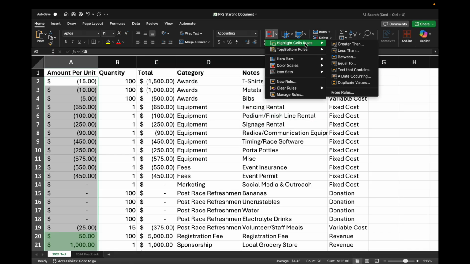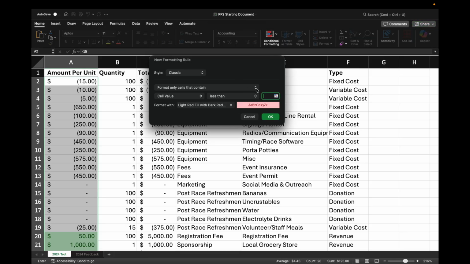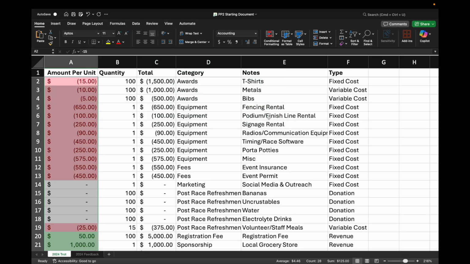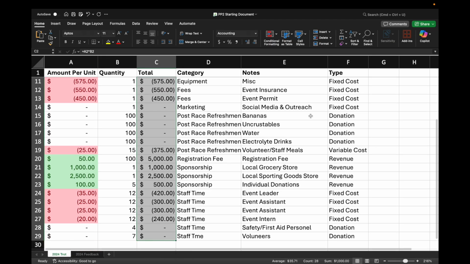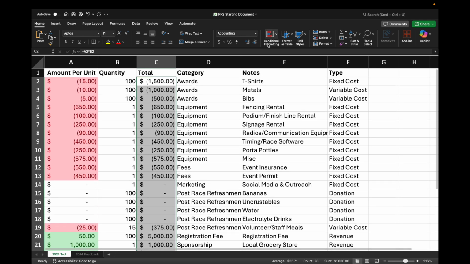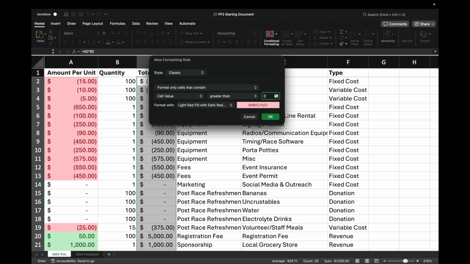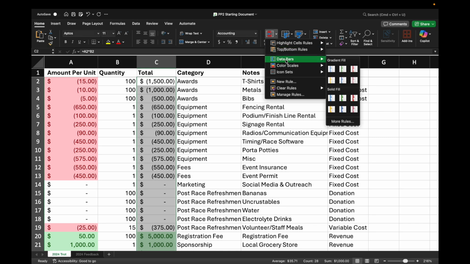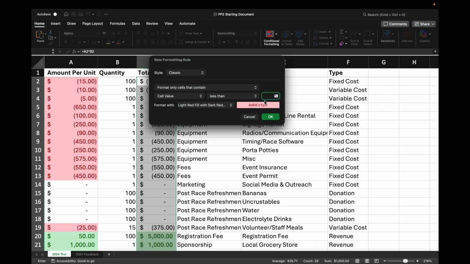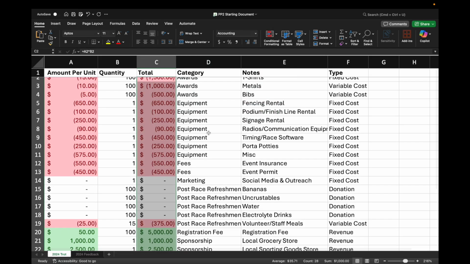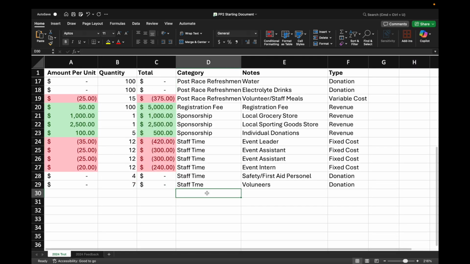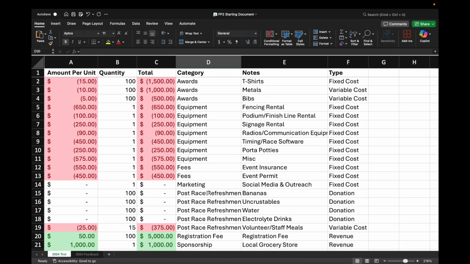Something else you could do is highlight all the cells that are less than 0 and make them red. We can do that in this column as well, because this is where our totals are. It'll probably highlight in similar places, but just for good practice. Anything greater than 0 will be green, and then again, anything less than 0 will be red. Perfect. So that's all that's required. If you want to do more conditional formatting, be my guest, but that is just about all that's required.